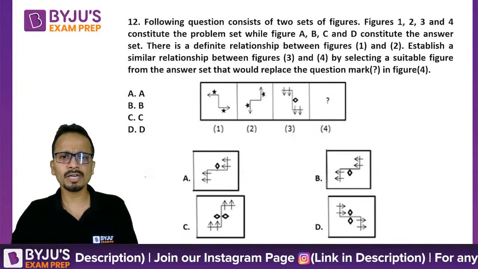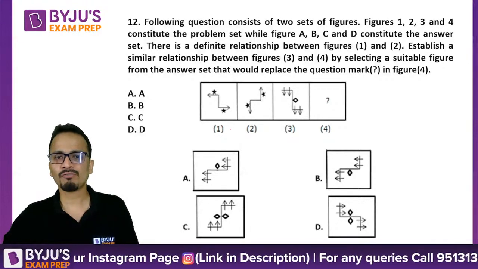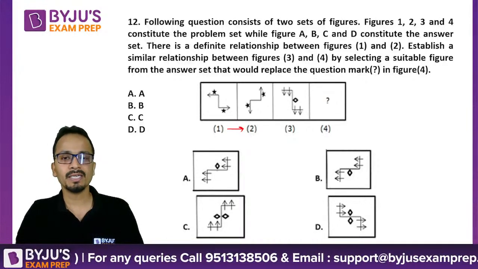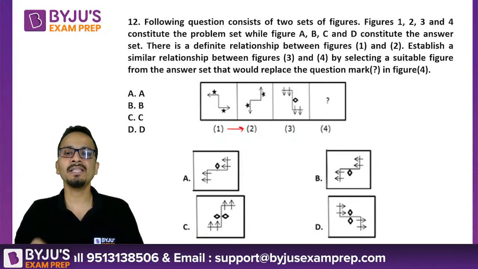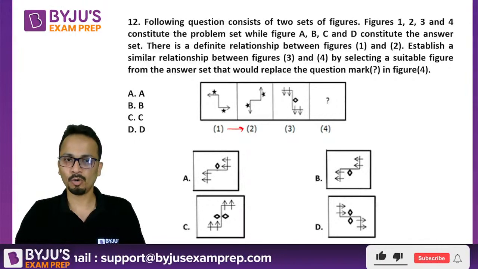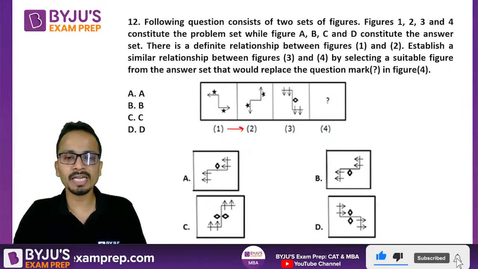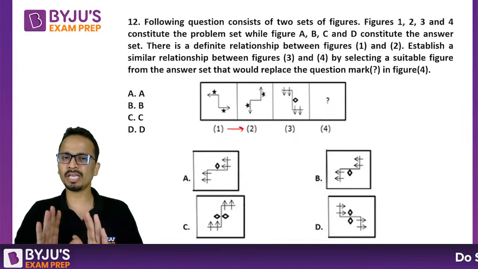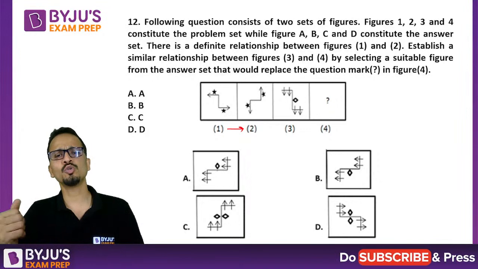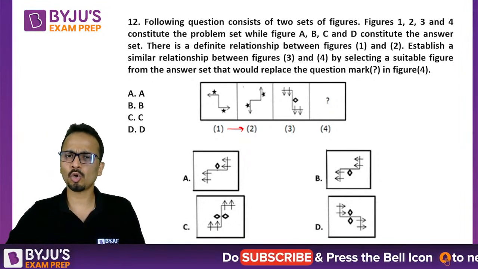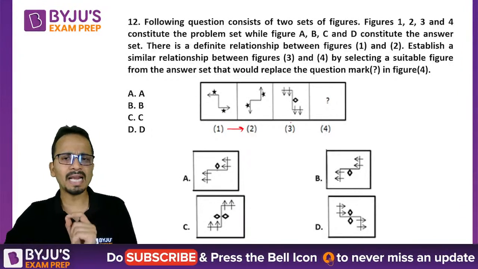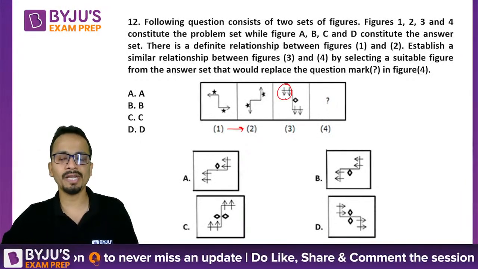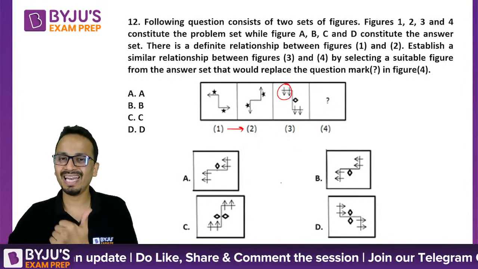Okay, all right. Now what has happened here is, from figure number 1 to figure number 2, the entire image is rotated by 90 degrees in the clockwise direction. Okay, entire image को मैंने क्या किया, rotate किया है clockwise direction में by 90 degrees. The same thing you will have to do with figure number 3 to obtain your answer. So if I rotate figure number 3 by 90 degrees in clockwise direction, so ये वाले जो दो arrows हैं which are pointing downwards, they will point leftwards.